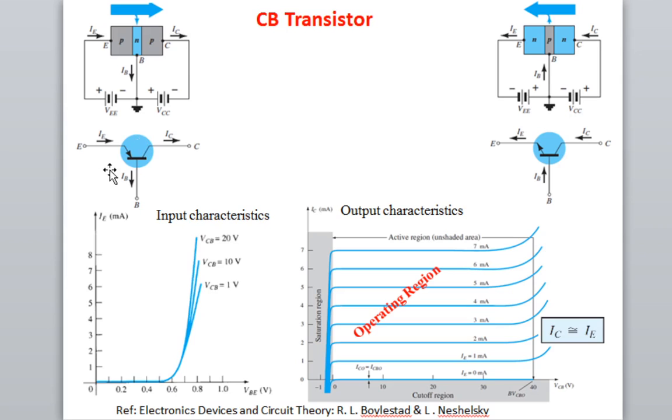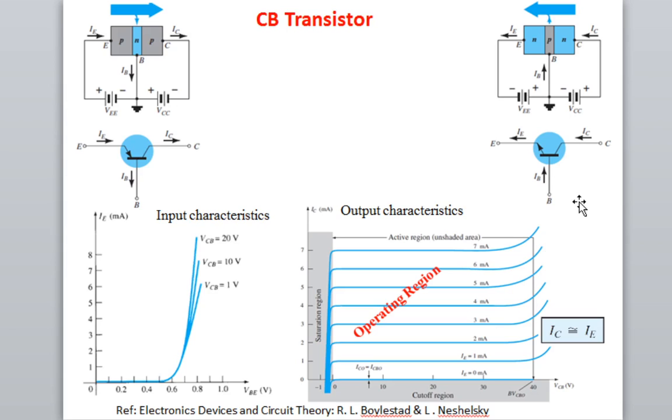And accordingly, in a PNP transistor, this arrow shows the direction of current. Whatever arrow is marked within the circle on the emitter basically shows the direction of majority carrier current. So the majority carrier current is flowing in this direction, that is the emitter current. Obviously base current and collector current will be leaving. I have explained that IE must be equal to IB plus IC, so they should flow outward. Similarly here, the majority carrier current is flowing outward through the emitter, so the collector current and base current will flow in the inward direction. So this is the PNP transistor and NPN transistor.